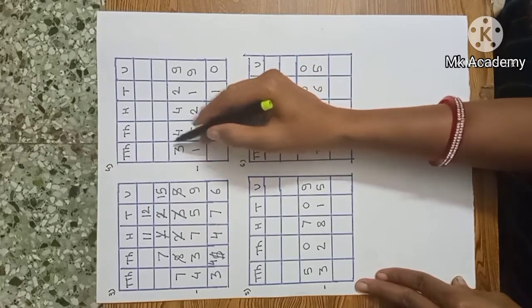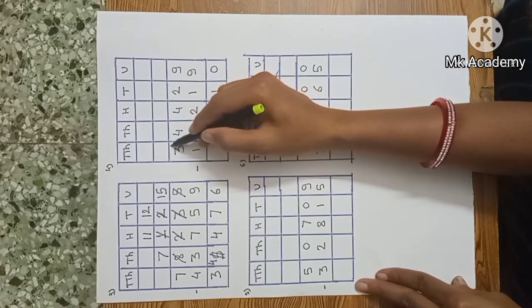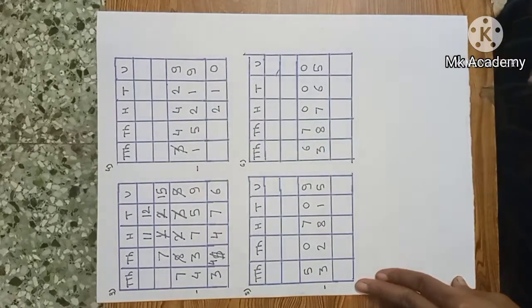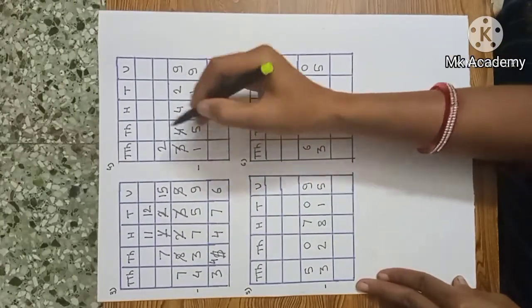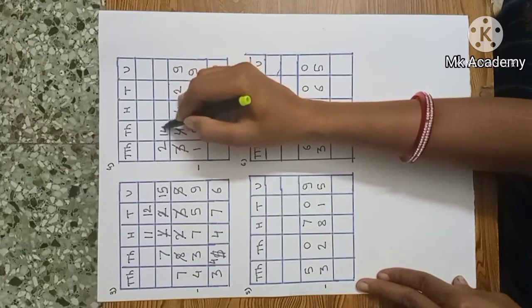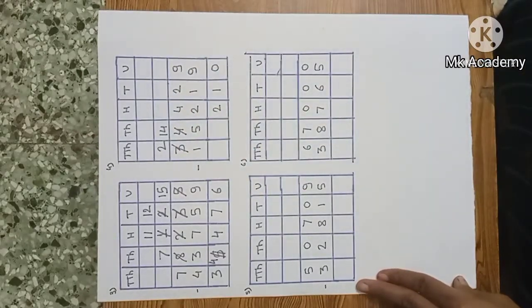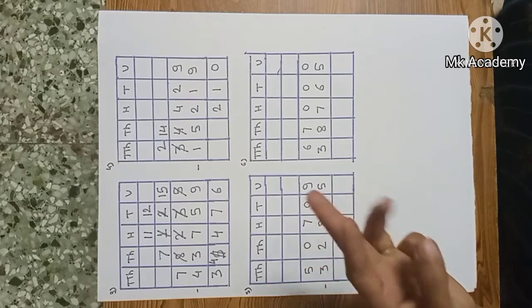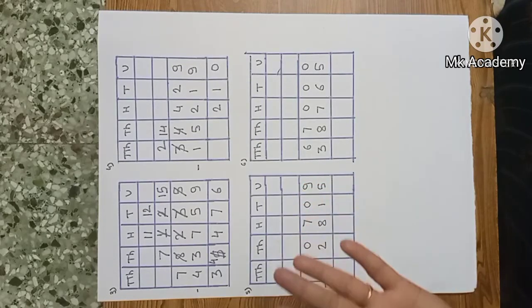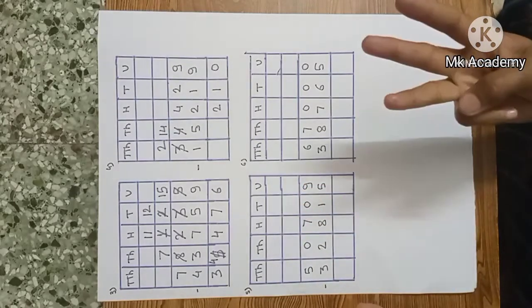Therefore, we can borrow from 10,000s. Here we can borrow 1 10,000. How many 10,000 remaining here? 2. And we get 14,000. Now 14,000 minus 5. How many thousands remaining? Let's count. 6, 7, 8, 9, 10, 11, 12, 13, 14,